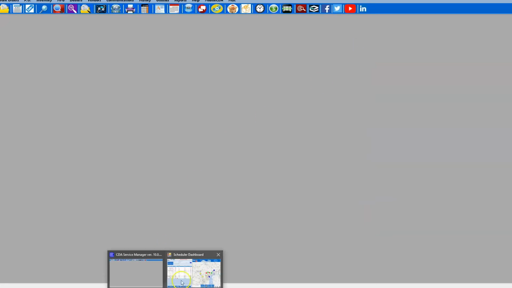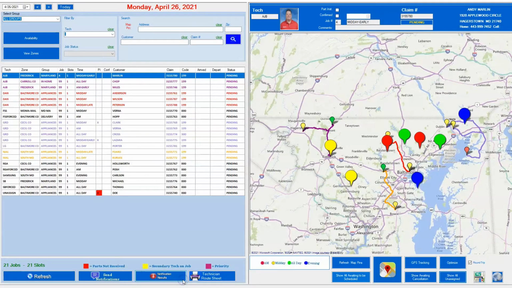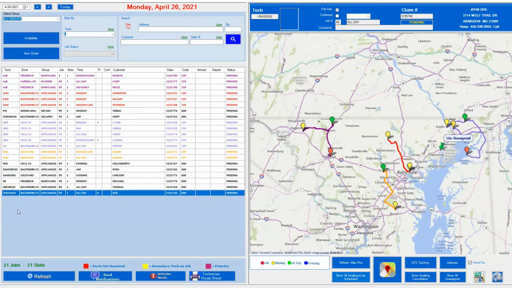So now let's jump back into our scheduler. Here we are in our scheduler, and I want you to see all the jobs that we have that are 000. So we see FSS, FSS forced, NSA, NSA forced, Samsung, service bench forced, and unassigned. So when those jobs come in from the RTI, if they meet this tech name or this unassigned name, again, unassigned, service bench forced, SB, Samsung, NSA forced, NSA, FSS forced, or FSS, they'll automatically always get